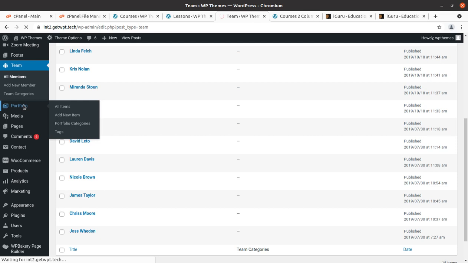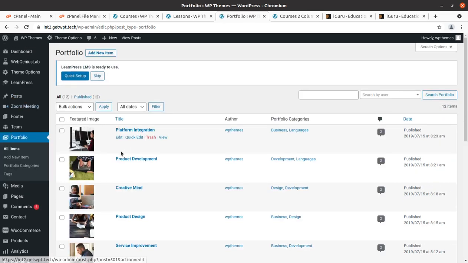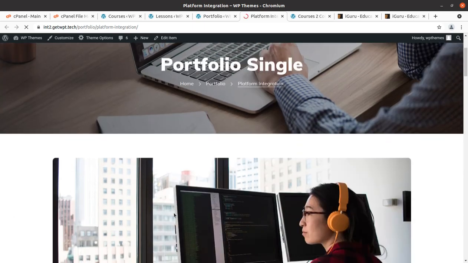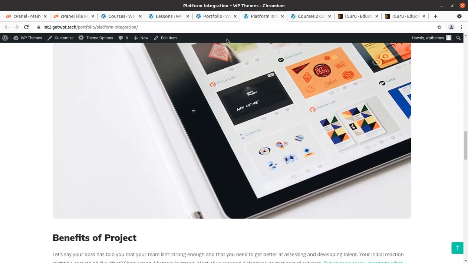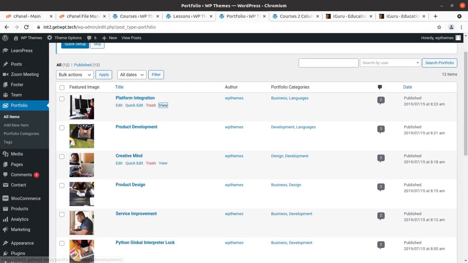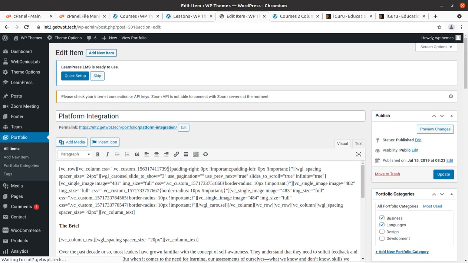Similarly, portfolio you can use for different portfolios like product design, creative mind, and so on, this being a portfolio listing, and you can edit the existing portfolio or add a new portfolio. I'll show you what fields are available for editing the portfolio.